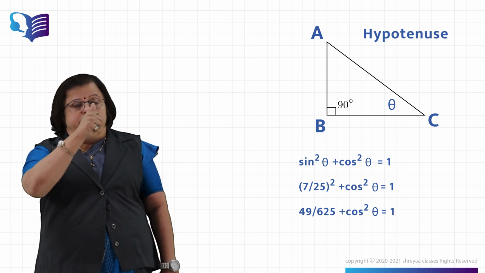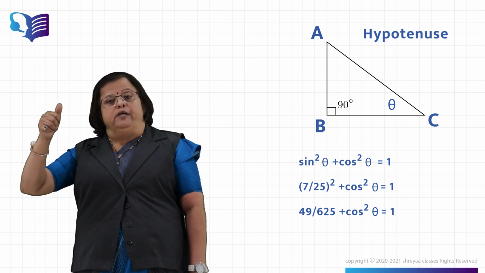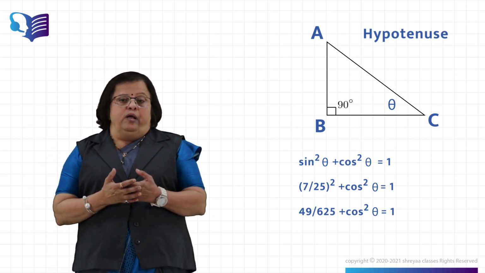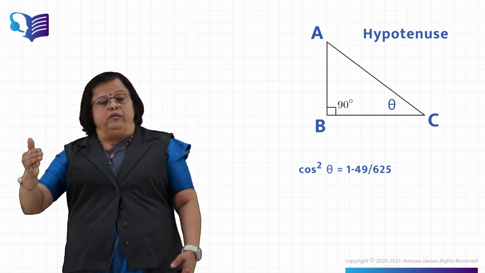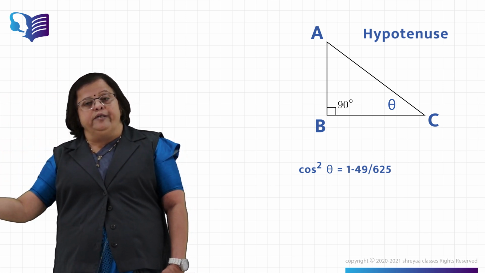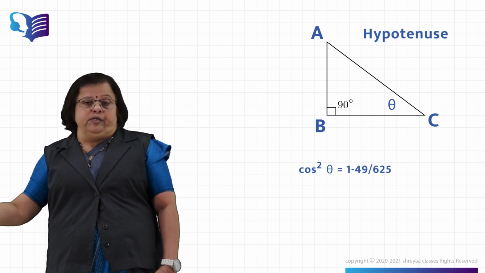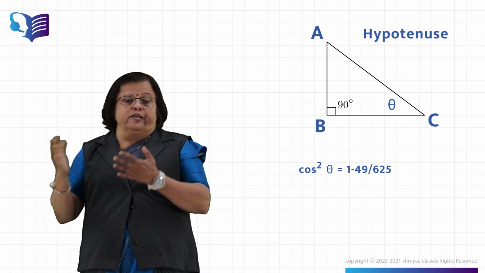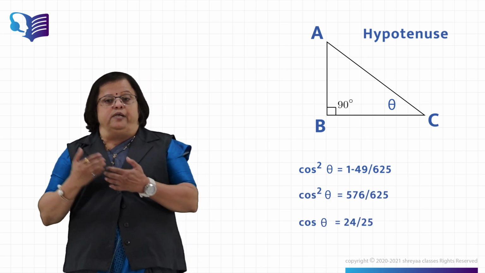So it will be 49 upon 625 plus cos square theta is equal to 1. Now you have to solve the equation. Very simple. How to solve? Cos square theta is equal to 1 minus 49 upon 625, because 49 upon 625 will come on the right hand side. Solve the fraction subtraction. Very simple. What is the answer? So cos square theta is equal to